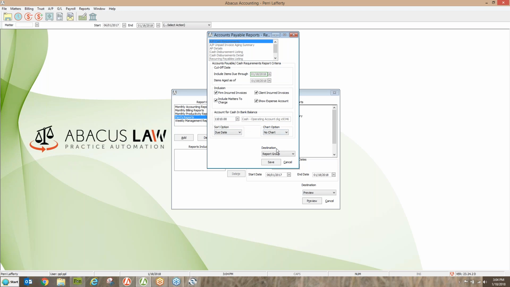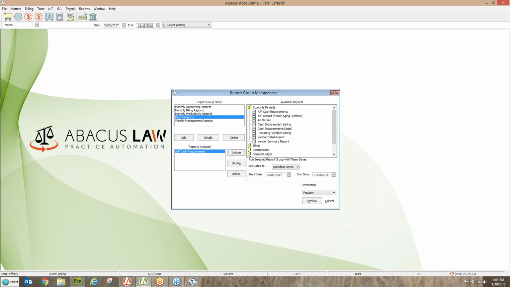And after you make your choices here, you simply hit Save. Okay, so that took my cash requirement report and popped it over here. So now I know in my reports, I have the AP cash requirements. Now I can continue choosing from within the folder, or when I'm ready, I can go into another folder and